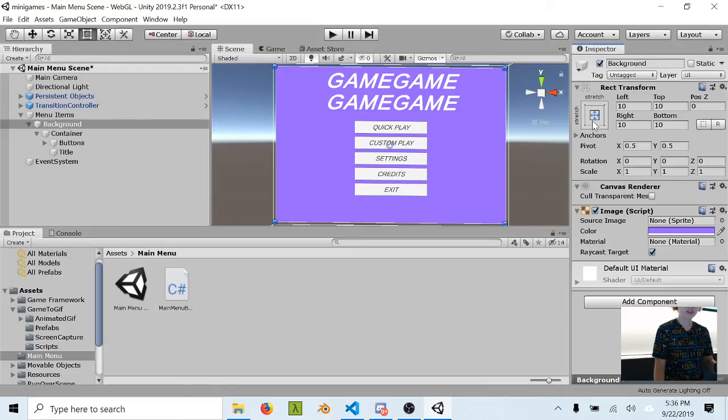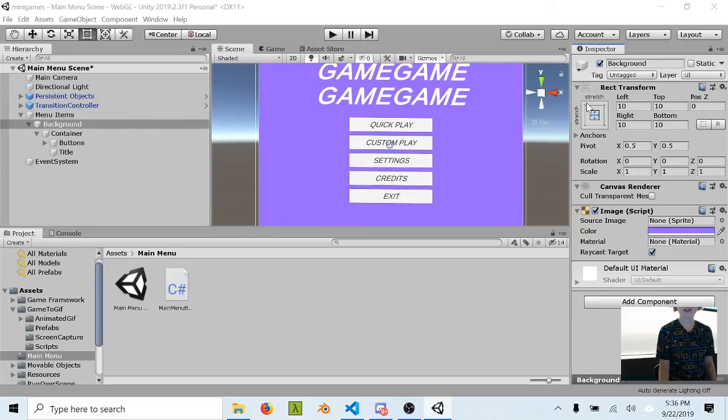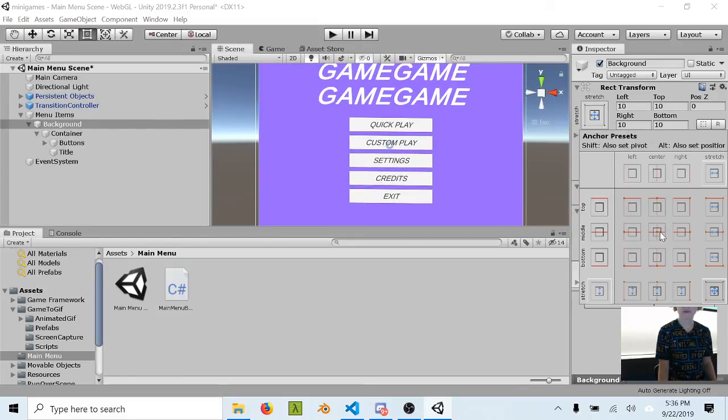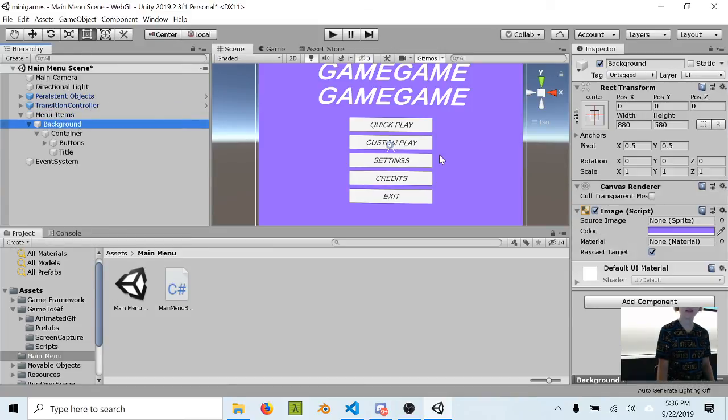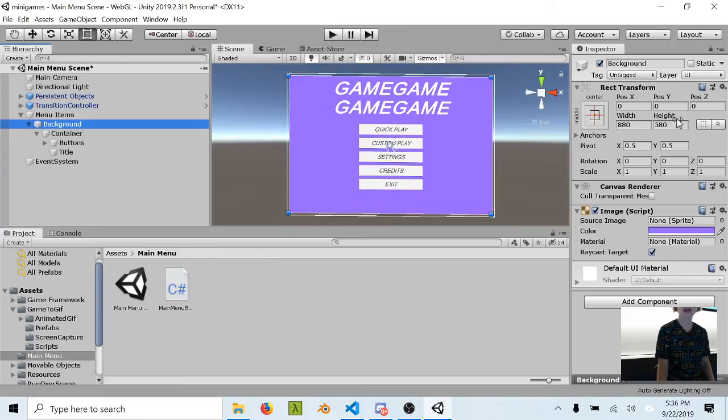So currently it's stretched, which means it stretches with the parent. But if we were to change this to fully centered, it looks more like the canvas here with the position X, position Y, and the set widths. And so if I were to set this width more narrow,